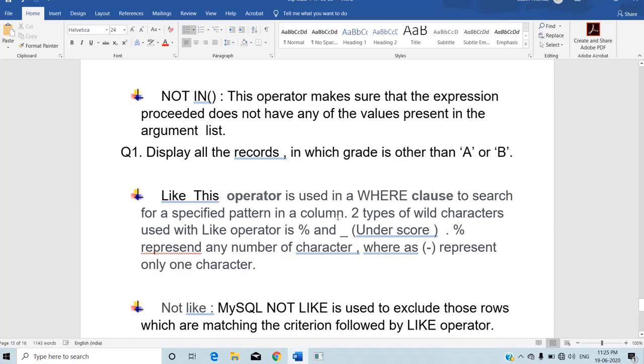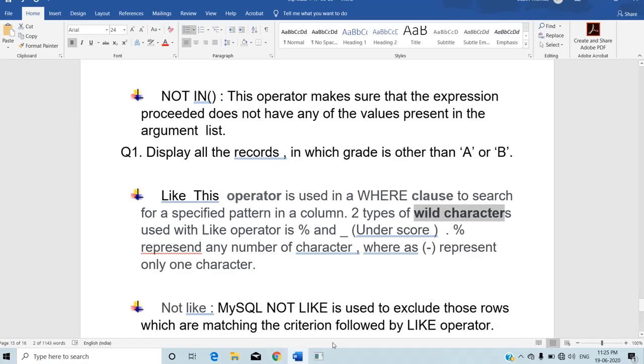Along with the LIKE clause, we are using two wildcard characters, percentage and underscore. What is the purpose of this? Percentage represents any number of characters, whereas underscore represents only one character.